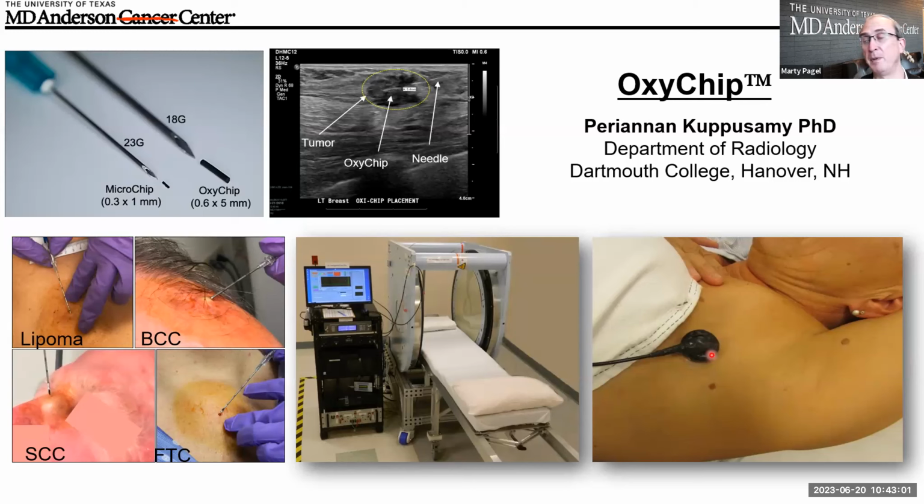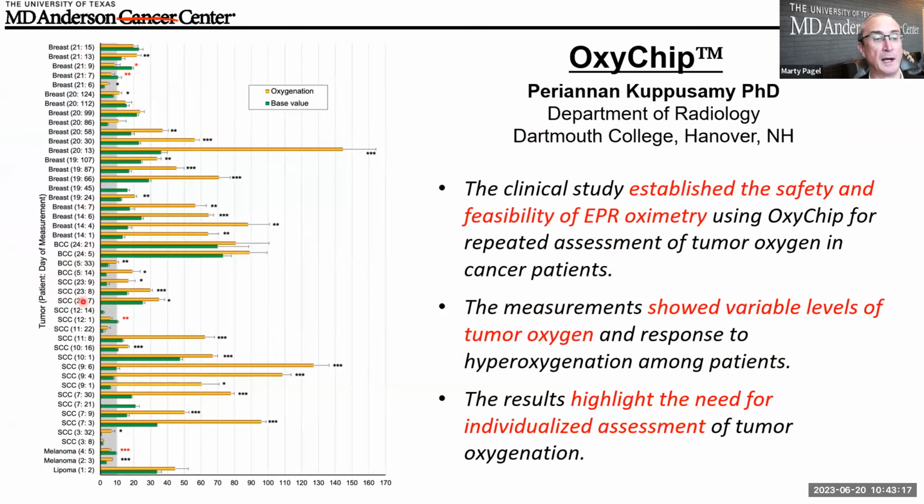In this case, it is an EPR spectroscopy technique, so not doing imaging at this point. But it's still pretty amazing that we can get PO2 measurements from a solid tumor that is surface accessible. And so Kuppusamy has done a number of studies. You can see here a variety of patients to measure their amount of oxygenation at different statuses, and has really established safety and feasibility of EPR oximetry from a spectroscopy standpoint, shown variable levels of oxygen, and really highlighted the need for individualized measurements, because you can see on a per patient basis, these measurements are